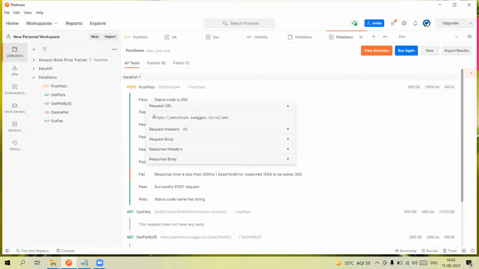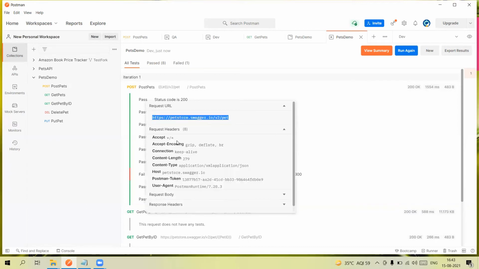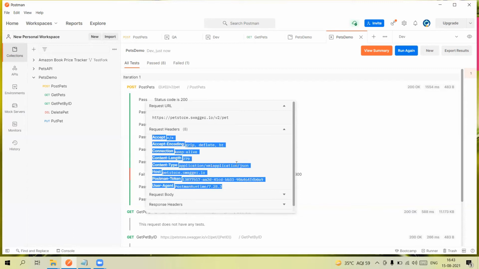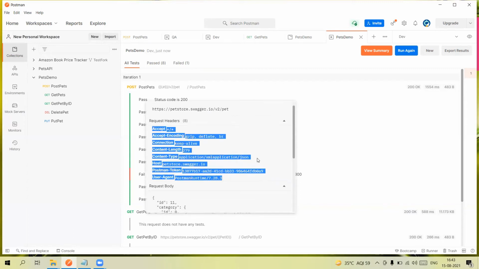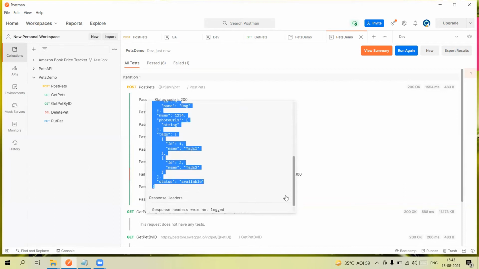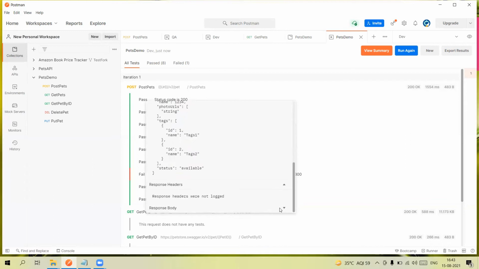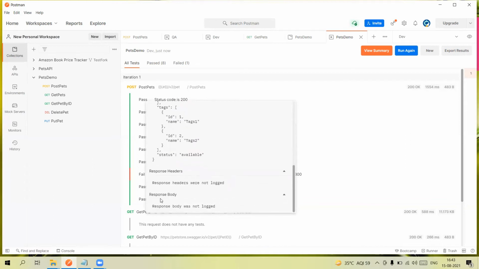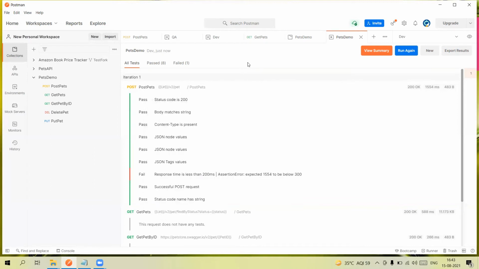You will see your endpoint URL and the header details. For the request body, I am sending JSON, which is also captured here in the report. The response headers and body are not recorded here. If you want to record those details, we need to select that when we execute. Let me show again how we capture the response.